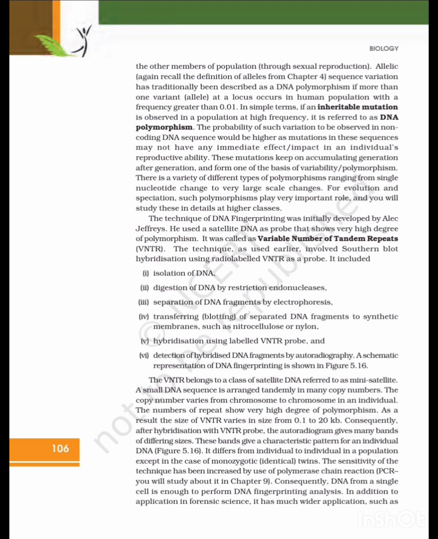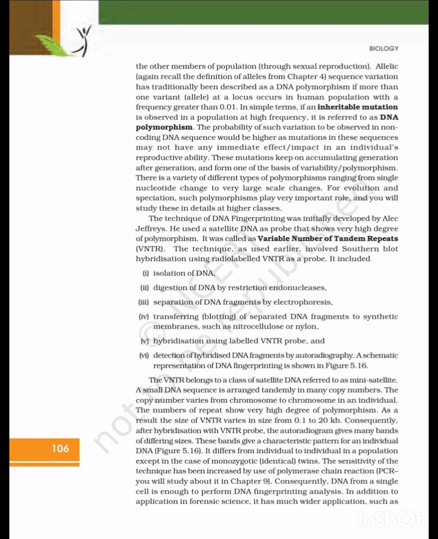Again, recall the definition of allele from chapter 4. Allelic sequence variation has traditionally been described as a DNA polymorphism if more than one variant allele at a locus occurs in the human population with a frequency greater than 0.01. In simple terms, if an inheritable mutation is observed in a population at a high frequency, it is referred to as DNA polymorphism. The probability of such variation being observed in non-coding DNA sequences will be higher,